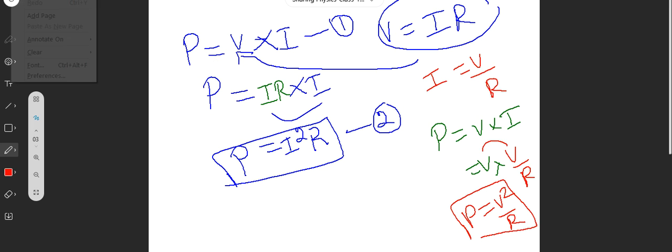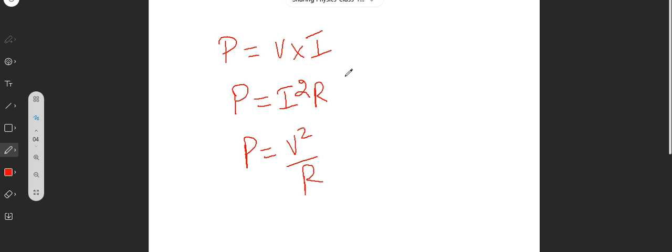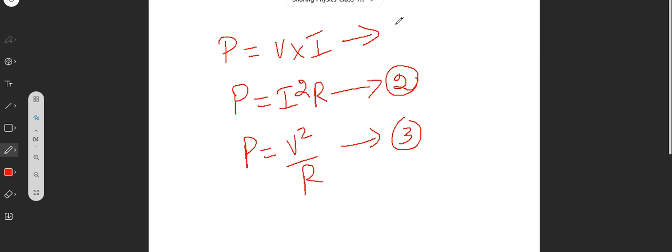So totally there are three formulas for the power in electric current and electricity. The first formula is voltage into current. Sorry, so what are the three formulas we are going to have? The first formula I told you. The second formula is going to be I squared R. The third formula is going to be V squared divided by R, right? And all of them are power. All the power will be given with the unit of what I said, watt.